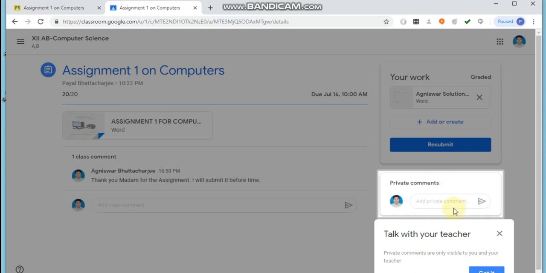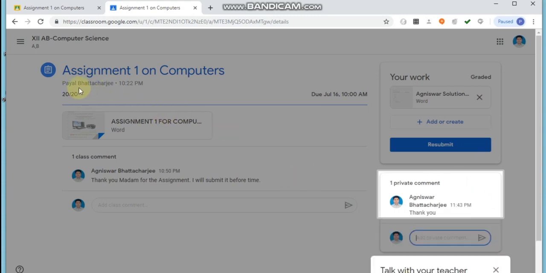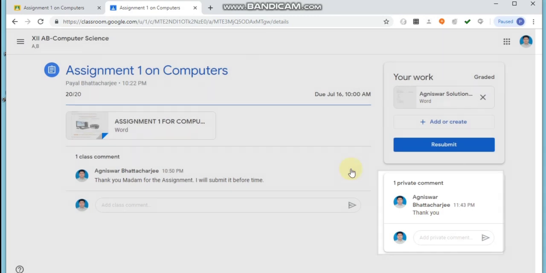So if the student wants, they can send back a private comment to the teacher, like thank you. So you can send that back and see the grade which the teacher has given you. The student will be able to see the grade which the teacher has written, 20 out of 20. This is the marks which the student has got in the assignment.